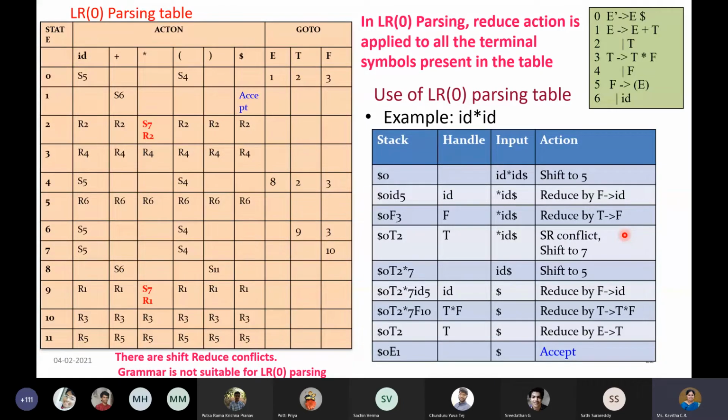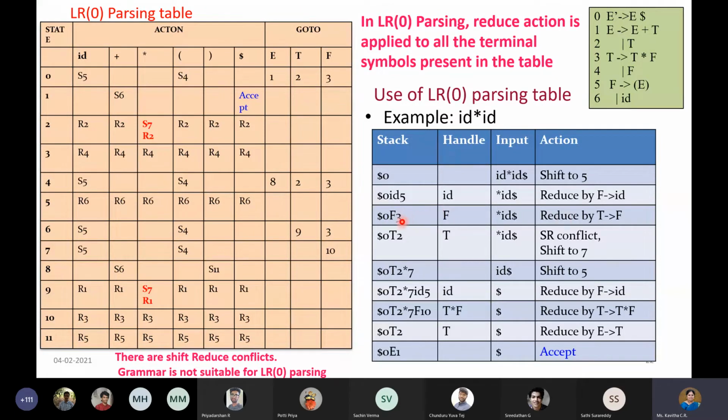Yes, ma'am, can you come again from F3? F3, okay. So till here you understood how to perform the reduce action. So at 0 on F, that's what you want to know, is it? Where did you get the doubt? At this step, and how we move to T. Okay, fine. You are pushing F, you understood, right? At 0 on F, getting the next state 3, also you understood, I think. Till then it is fine.